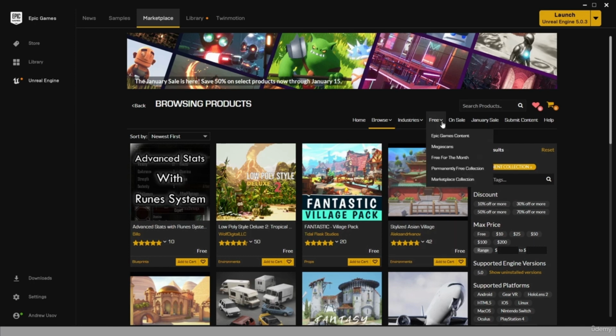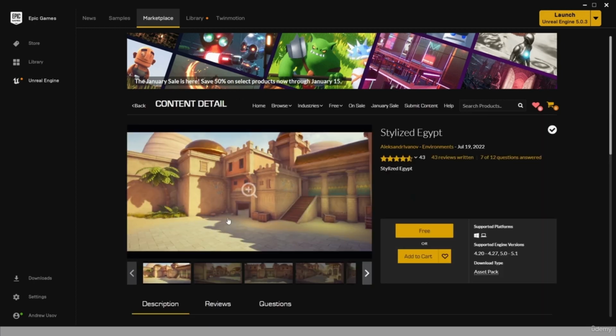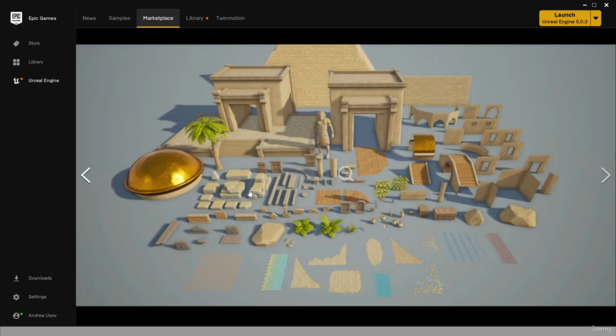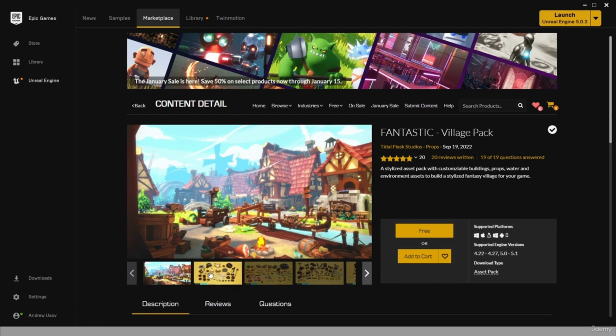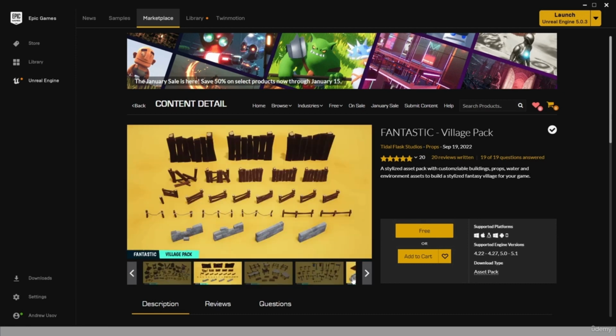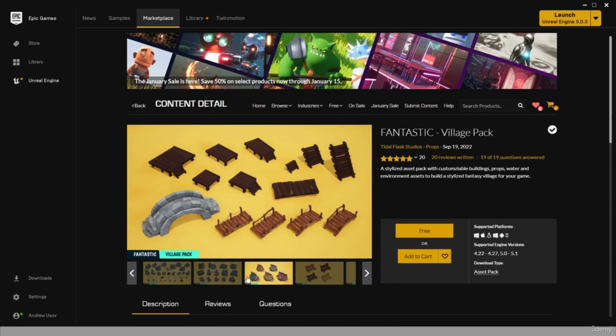And since they are permanently free, you shouldn't be worried about them changing the license at some point. Let's choose something for our game. We have, for example, Egypt. Usually they have all the assets that you will find inside laying down like this, so you can have an idea what you have. Fantastic Village is one of the good packages that you can start with. It has a lot of different things inside,